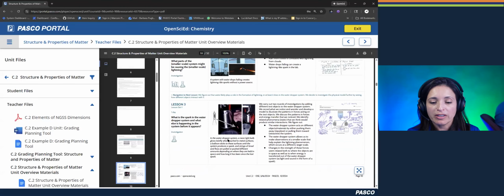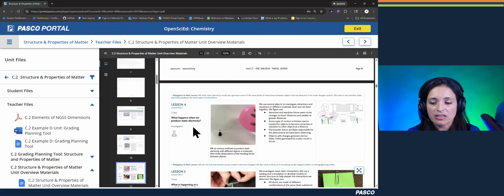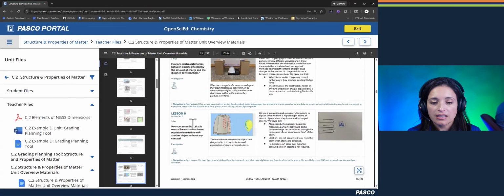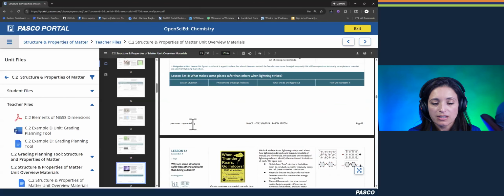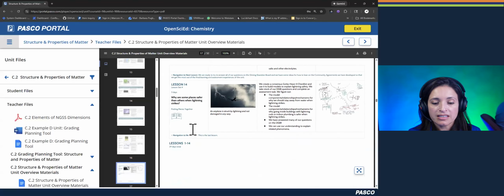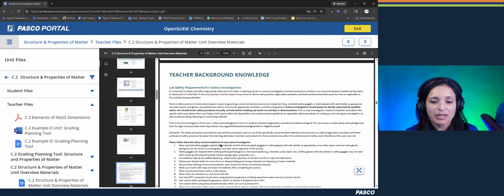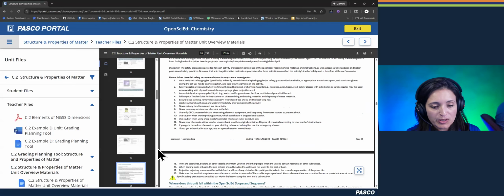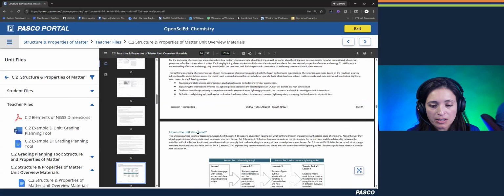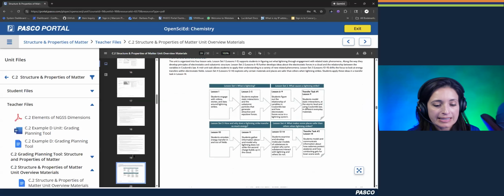And again, navigation and moving on, tells you how much time each lesson takes. And this entire unit contains 14 lessons, which if you're an experienced teacher would take you 29 days to cover, but longer if you're brand new to all this. So something I also want to point out here is